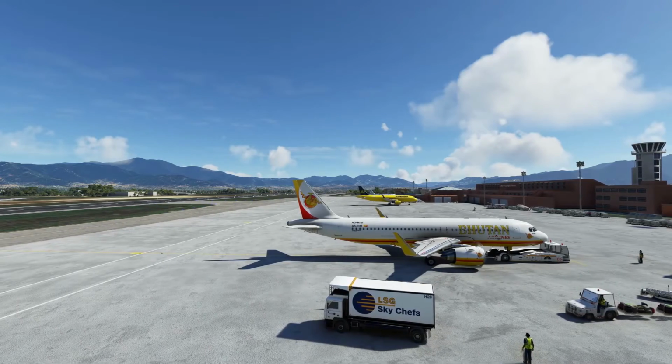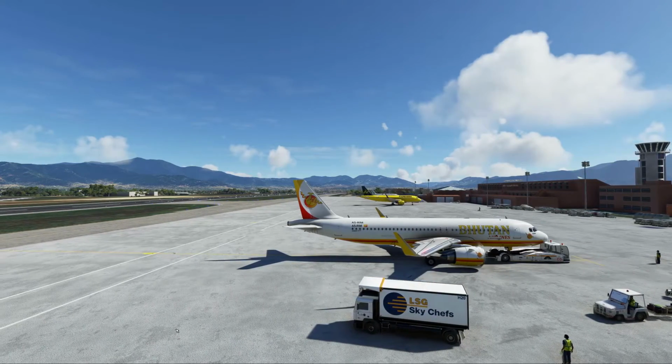Alright, checking the extent of our move backwards. We're all clear there at the back.